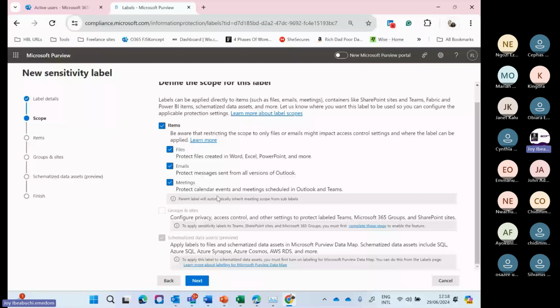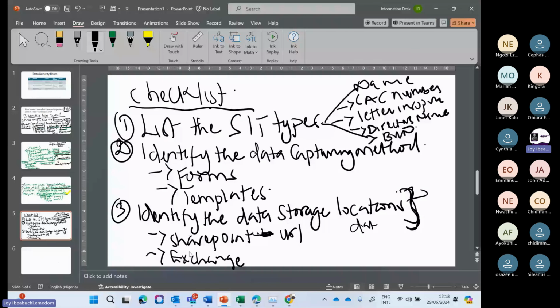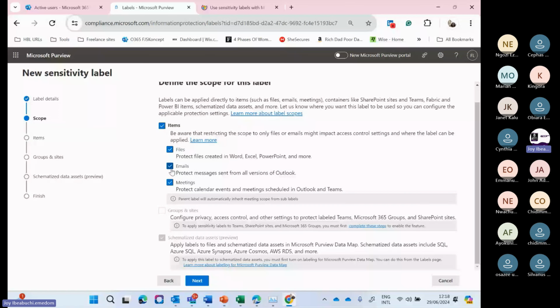Sorry, I need to enable this feature somewhere so that we can apply it to SharePoint site. But does this help you see what I'm talking about, where you apply this part, the storage location? So you can see creating the label, it will ask you, is it in files? Are they going to use this label for files, for emails, for meetings? We said SharePoint. It's showing that I've not turned it on, so that's why it's grayed out. I need to turn it on. Or for